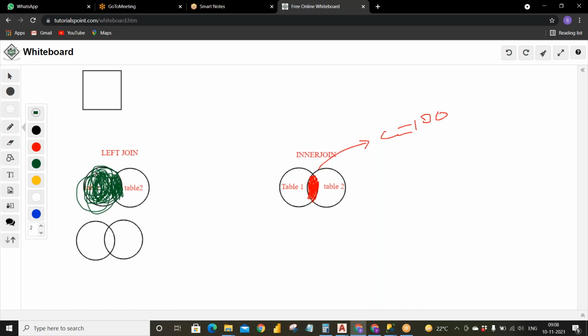So here table 1 is on the left, right? That's why we say it as left. So table 1 is left here and it will get all the data from table 1. Simply, table 1 means the first table data we will be getting in the left join along with the matching records between table 1 and table 2.